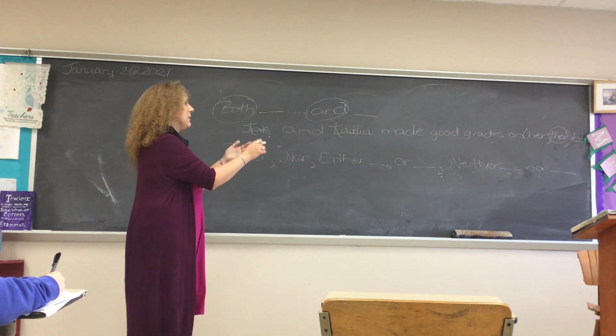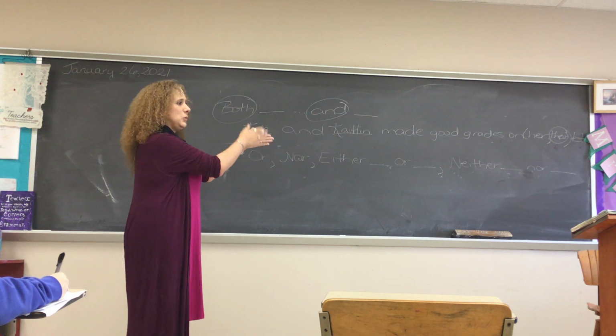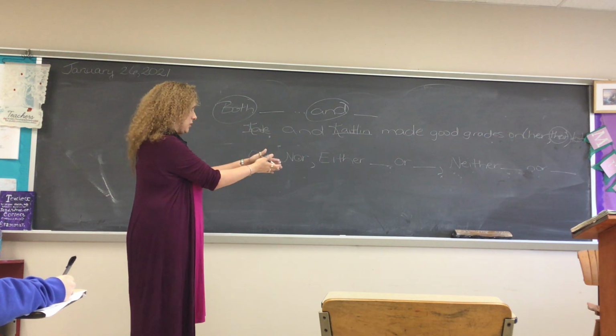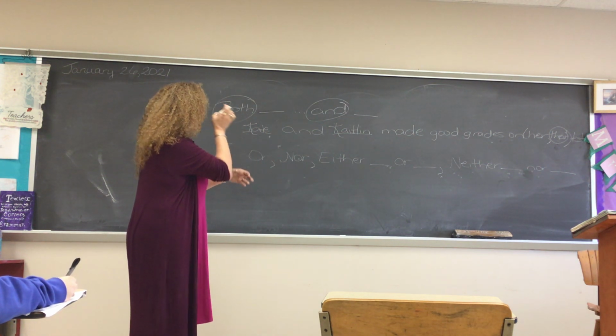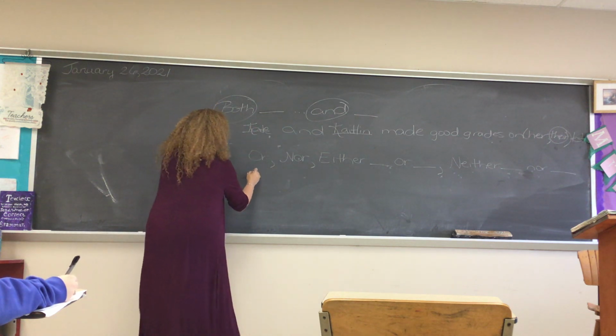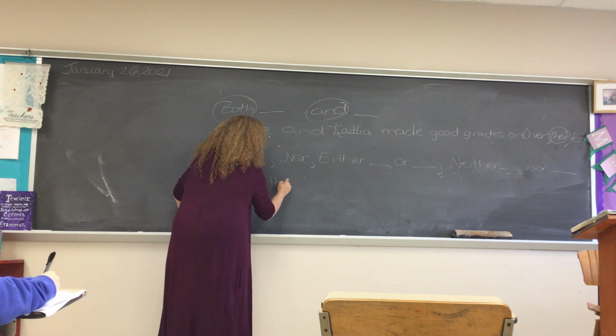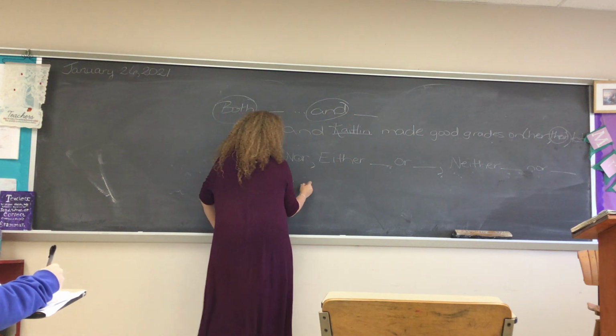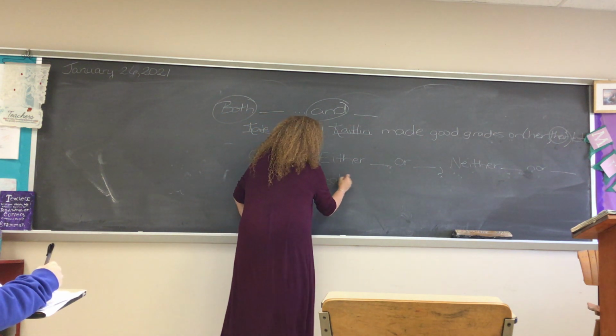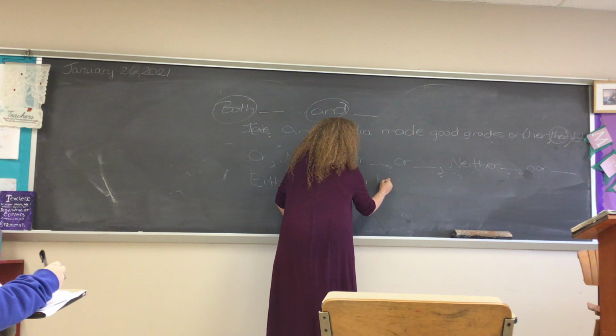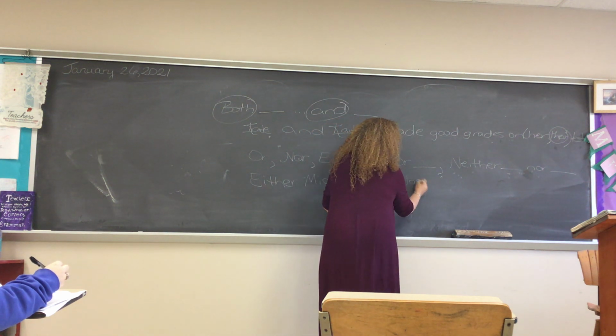Okay? And it was the same when we did subject verb. You looked at the one that was closest in the sentence to your verb. So, if you have, let's do this. Either Micah or his classmates